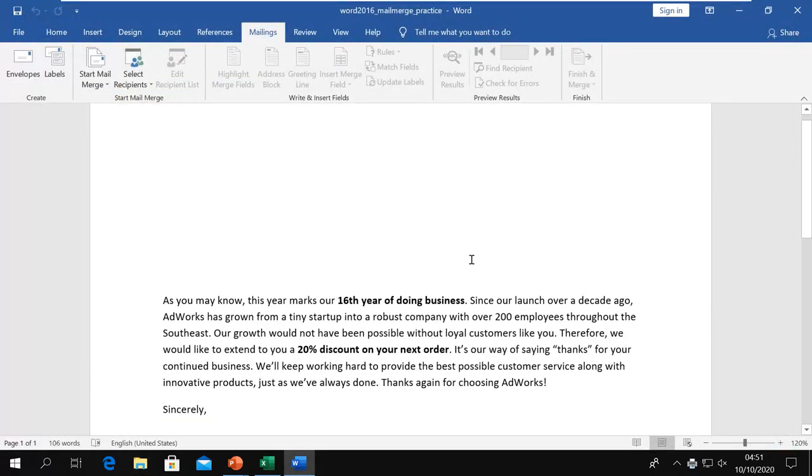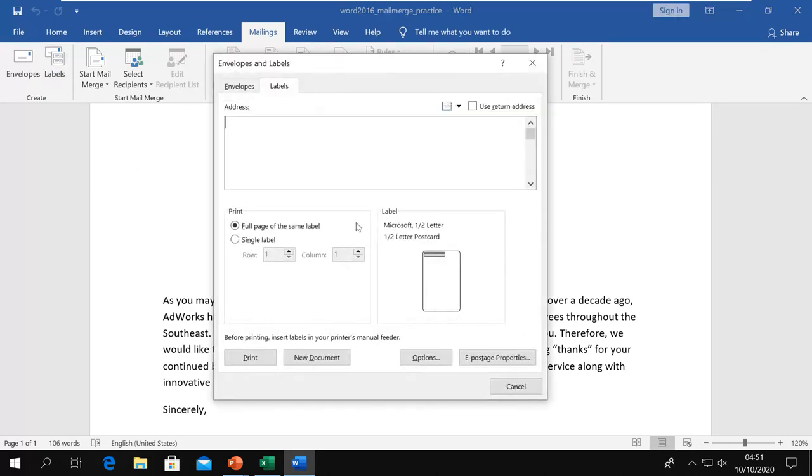Now after this envelope, you have another command which is label. Now label, you can create a label for your letter also. Labels are like the envelope. You can have a paper where you have labels with your address, whatever address you type here, it will be printed out like this. You can manage a full page of the same label. You can manage how you want it to appear in that print.